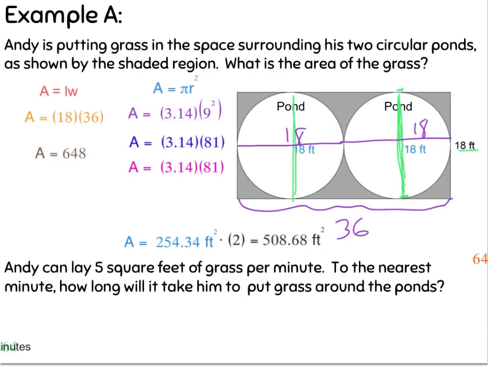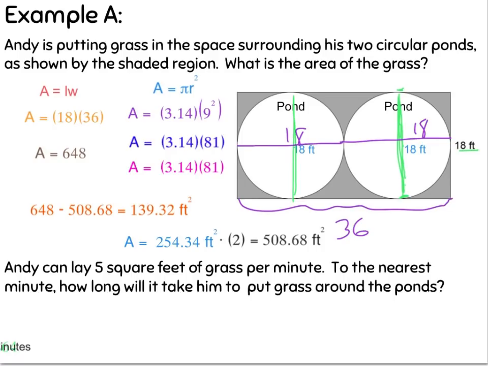When I do that, I get 508.68 feet squared. So remember, there's 2 ponds, so I had to multiply it by 2. So to do some math now, I'm going to take my 648, subtract the 508.68, and I'm going to get 139.32 feet squared. But that's not the end of my problem, because it says Andy can lay the 5 feet